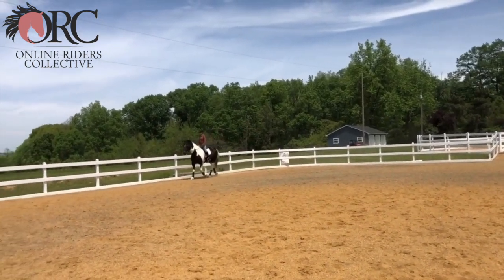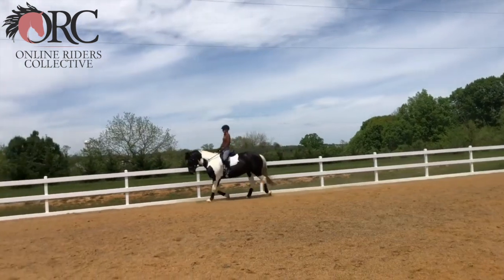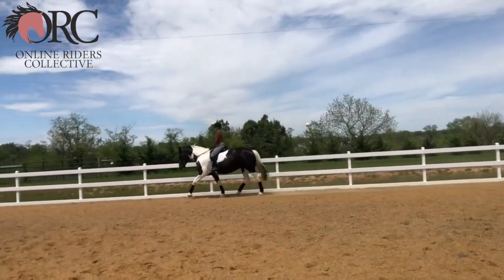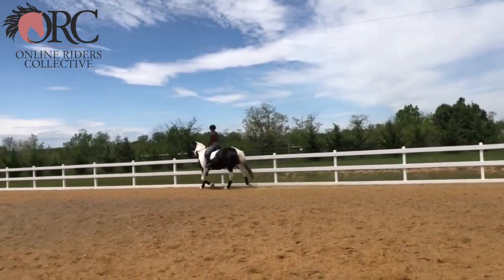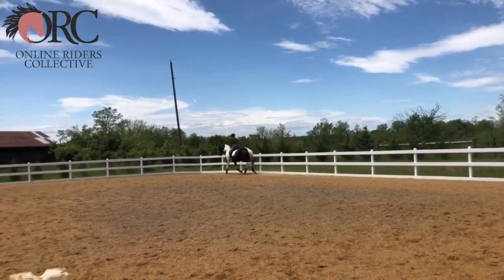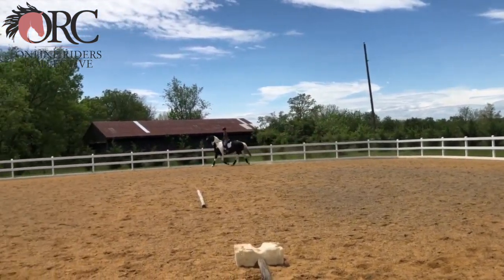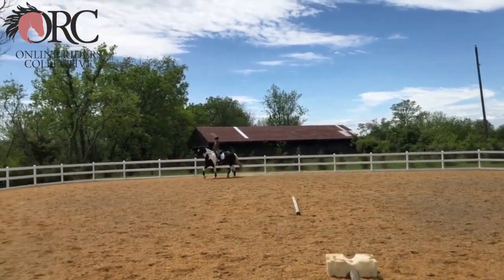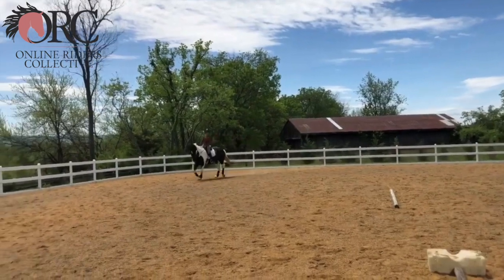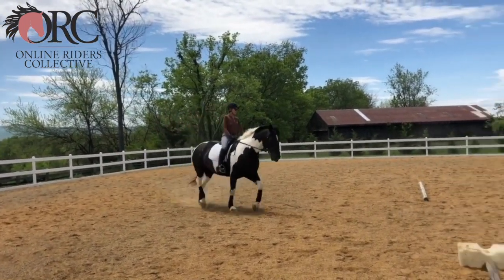I can tell that she is a hot, spooky little thing, and I really like that you're very quiet and you seem to give her a lot of confidence, so you're a very good match for her. As tricky as she is, just keep staying really patient with her and trying to find new answers for her and things that you can think of that will keep her mind busy, and just always giving her confidence